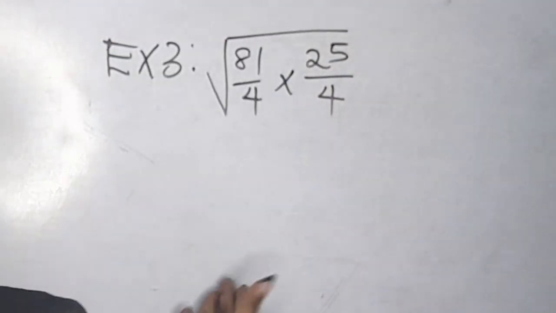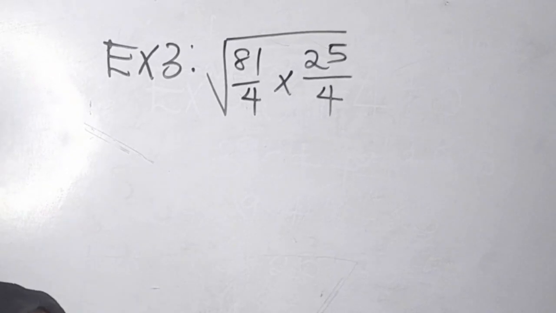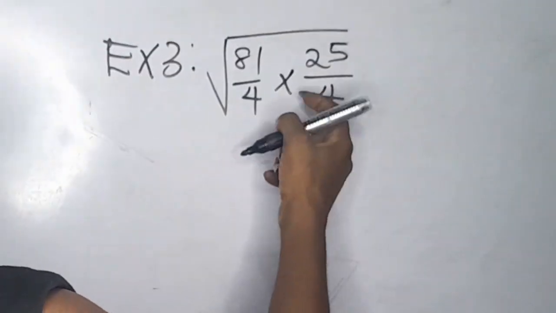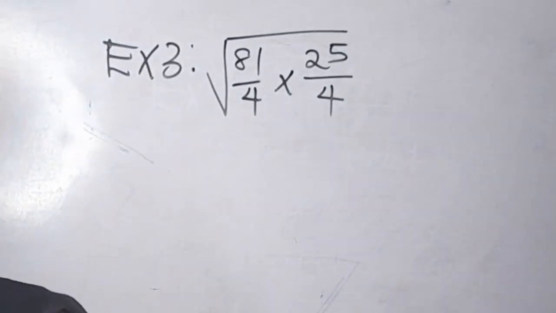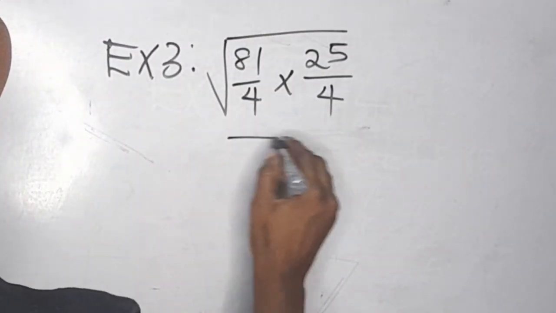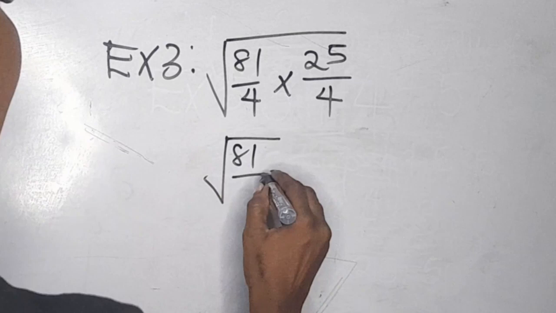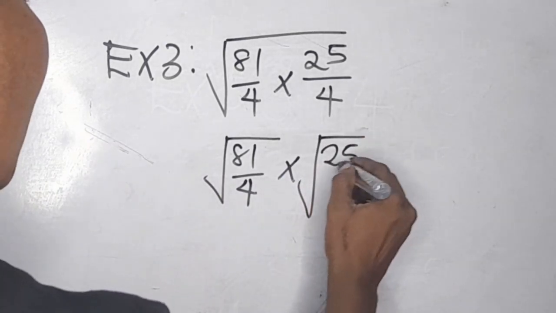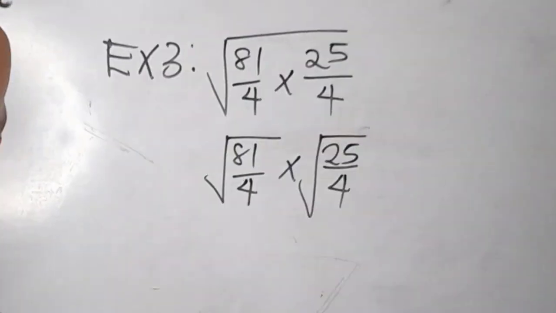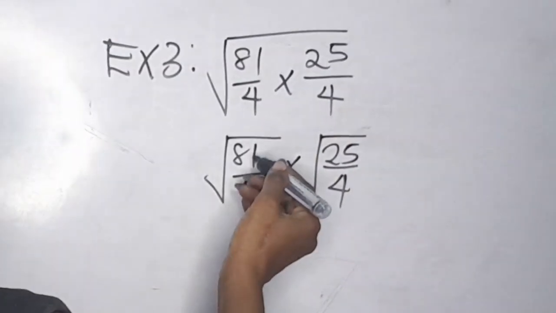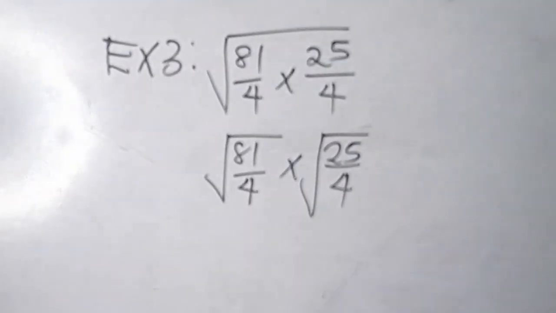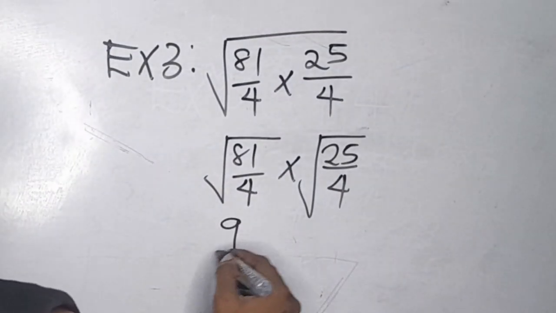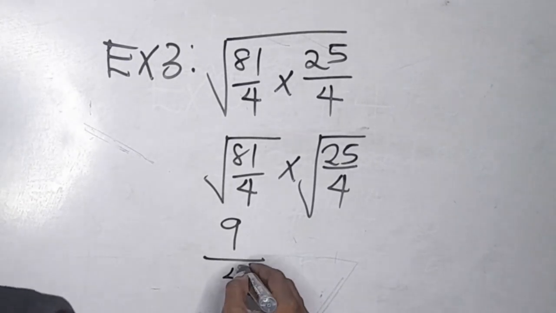Now to example number 3 on the square root of fractions. So we have the square root of 81 over 4 times 25 over 4. First thing we're going to do is to break them down. So this will give us the square root of 81 over 4 times the square root of 25 over 4. Again, the square root of 81 is 9. 9 times 9 will give us 81. So we have 9. The square root of 4 is 2